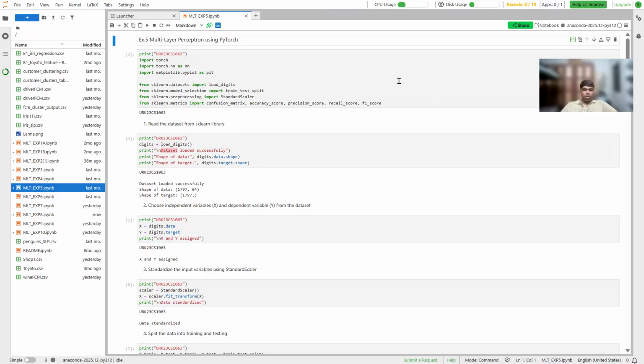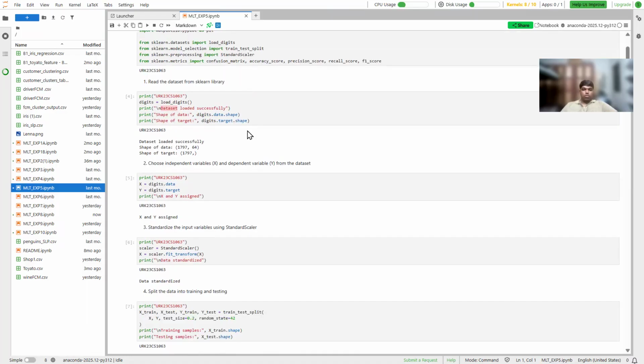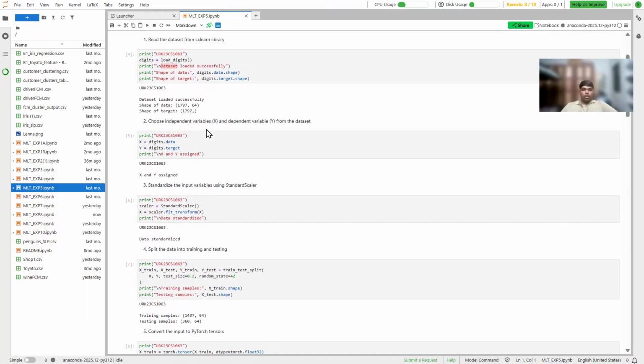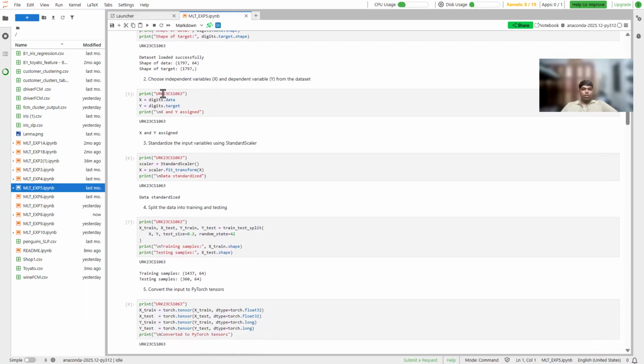So in this experiment, I'm implementing a multi-layer perceptron, which is a type of artificial neural network used for multi-class classification. So first, we load the data set and separate the input features and target labels. Here, the data set contains handwritten digit images. So I load the data set using load_digits, and here X contains the image features and Y contains the digit labels